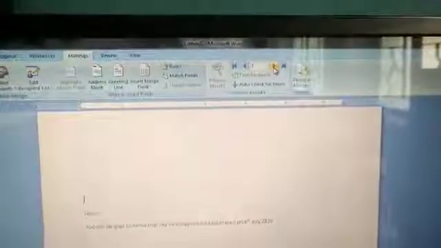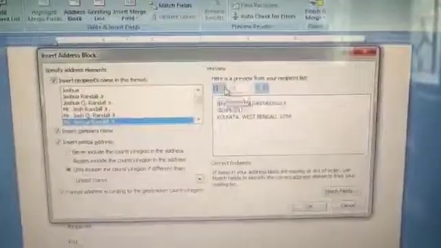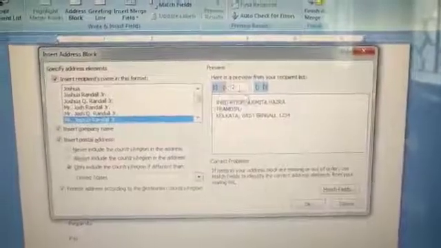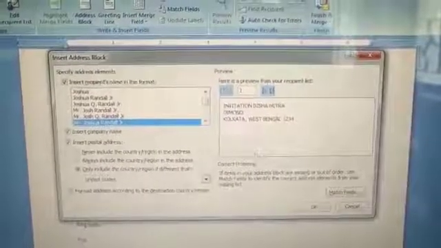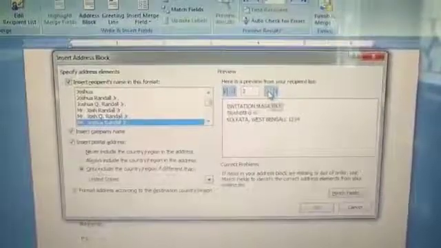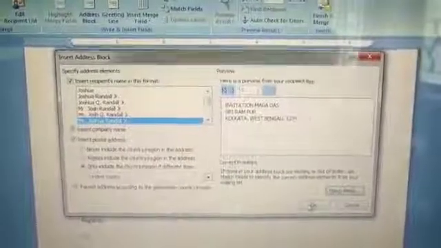This time I am choosing another existing list. We have chosen it, and let us check how many details are there. Three over here. From the address block also you can check how many names there are. Three. This time it is another one. This one is the first, second, third. Okay, I am clicking OK.